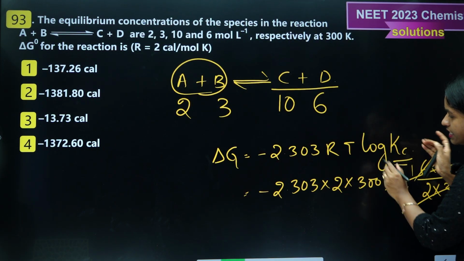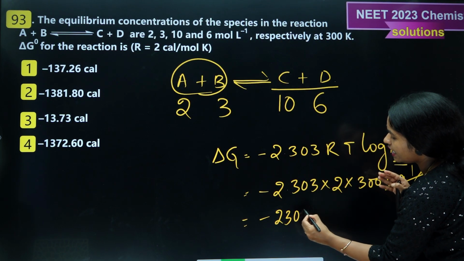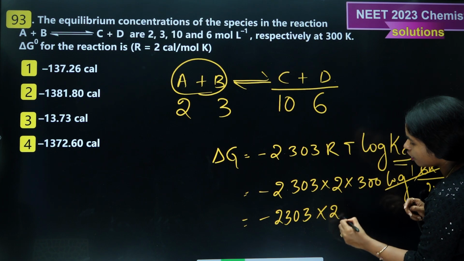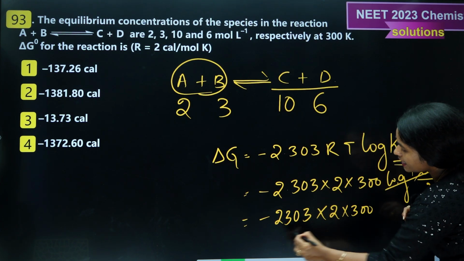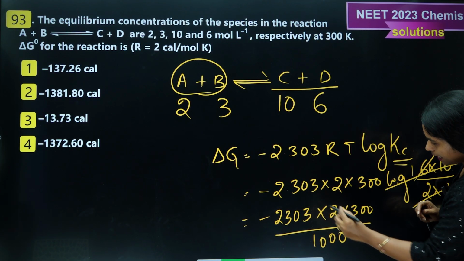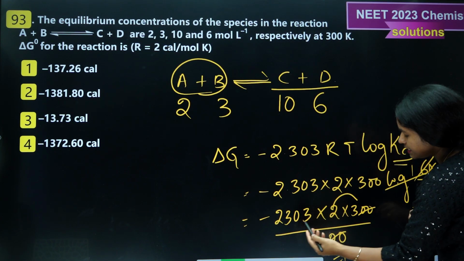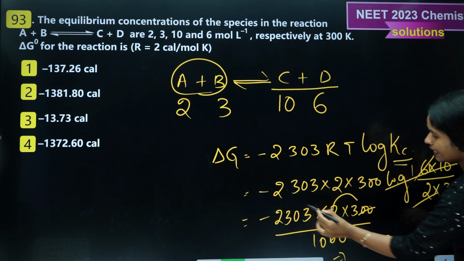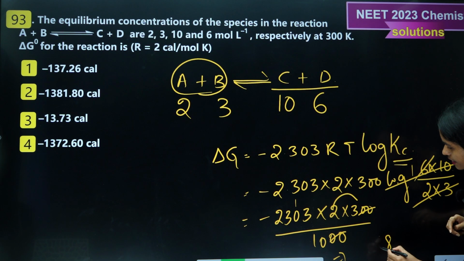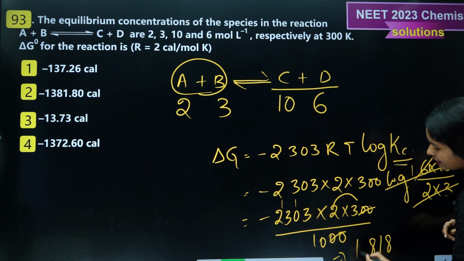Log 10 is 1. So this is over. Now you see here 2303. I am removing the points always. First I remove these points. 4 points I removed. 1, 2, 3 points. I removed 3 points. 2 zeros cancel. 3 2s are 6. With the 6 you multiply. 6 3s are 18. 1. 6 zeros are 0, 1, 6 3s are 18, 1, 6 2s are 12, 1, 13.